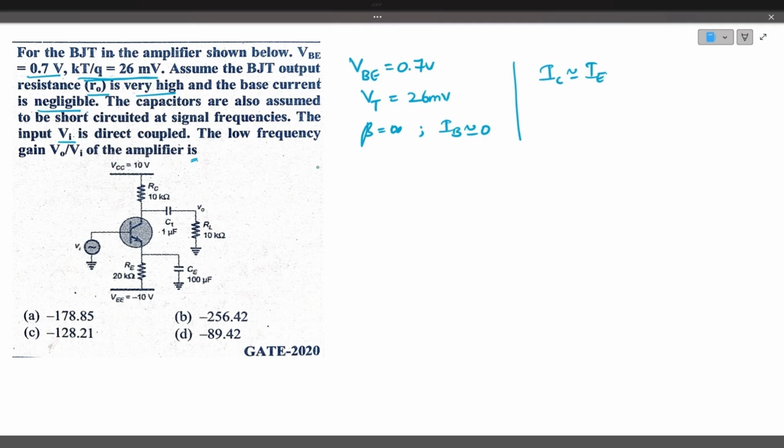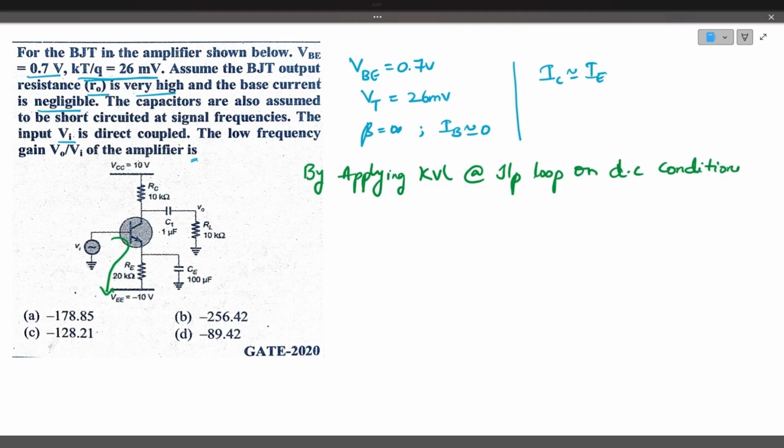Okay, so we'll try to find out the emitter current by applying the Kirchhoff voltage law, KVL, at the input loop on DC conditions. In the DC conditions, AC sources will not be considered. They will be considered as short circuits. So by applying KVL at the input loop on the DC conditions, we will get VBE, base to emitter voltage,